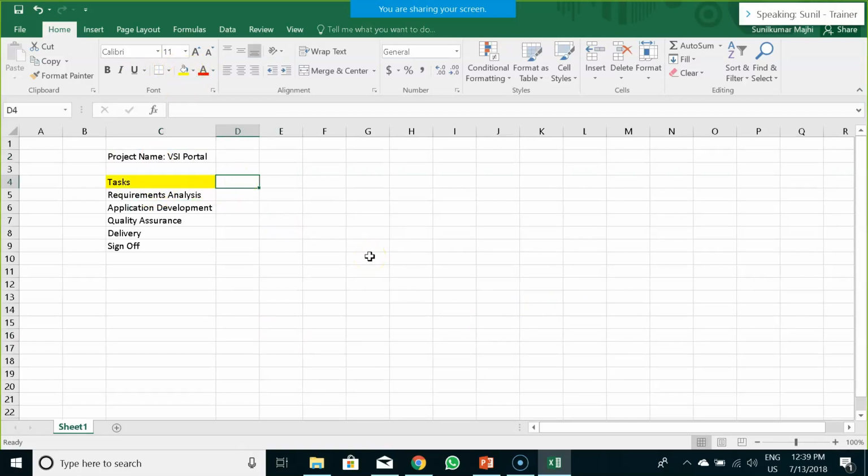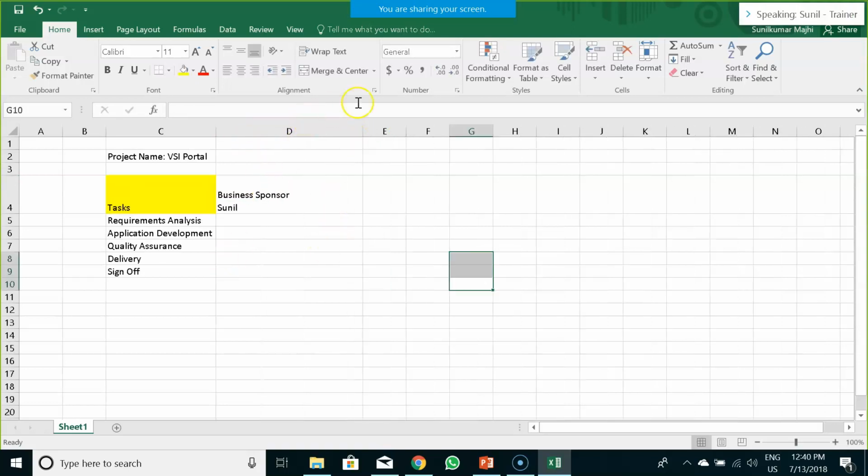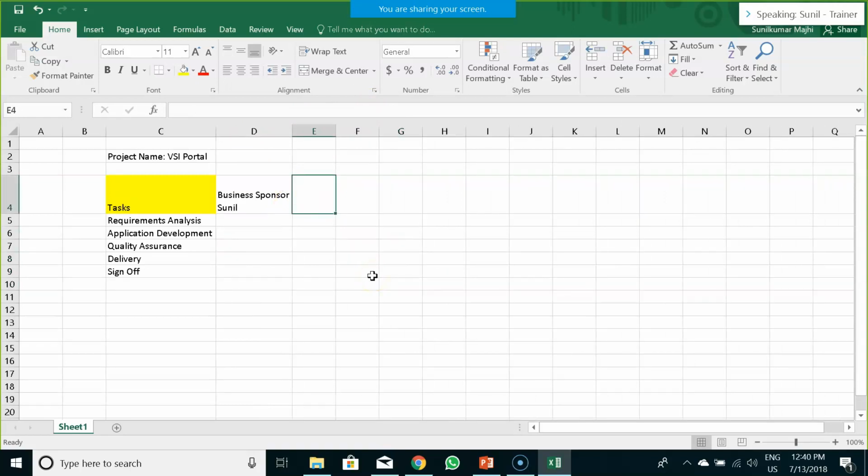Now I would highlight the roles with the role name. So first role is your business sponsor. Let me take that role. Next would be project manager. So let me give that role to Kshitij.